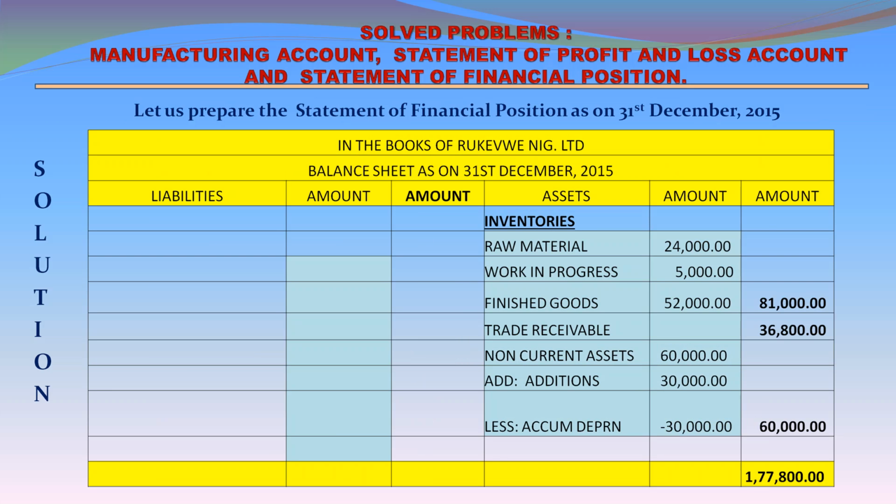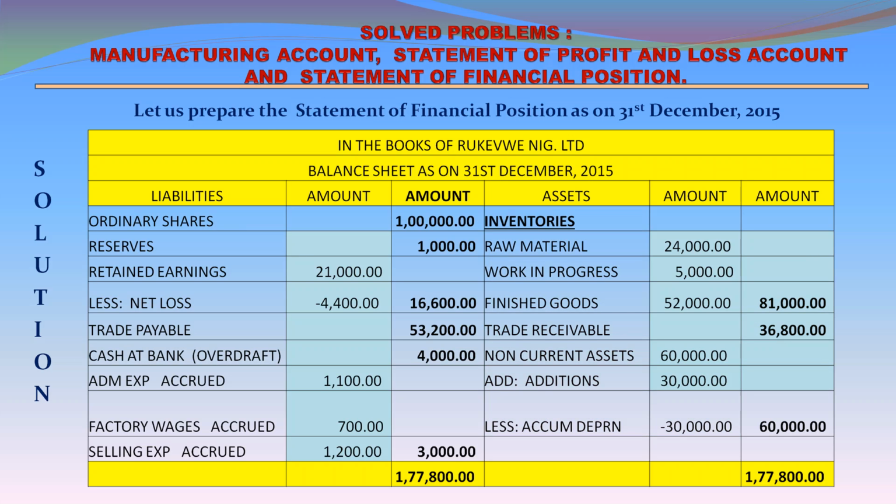Let us prepare the statement of financial position as on the 31st December 2015. In the books of Rukave Nig Limited, balance sheet as on 31st December 2015. Liabilities amount, assets amount. On the asset side, inventories, raw material 24,000, work in progress 5,000, finished goods 52,000, total inventory 81,000, trade receivable 36,800, non-current assets 60,000, add additions 30,000, less accumulated depreciation 30,000, closing balance of non-current assets 60,000, total assets